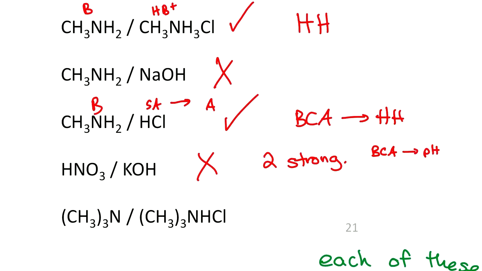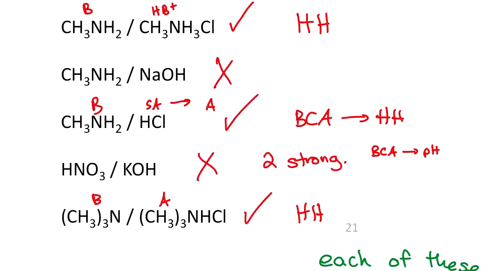All right, last one. These two things. Is that a buffer? Squint your eyes. What does that look like? Ammonia. Squint your eyes. What does that look like? Ammonia with an extra proton on it, and that is a conjugate acid. So there is our base, there is our acid, so this is a buffer. All right, but in this one, you just plug it straight into the Henderson-Hasselbalch because you already have your base